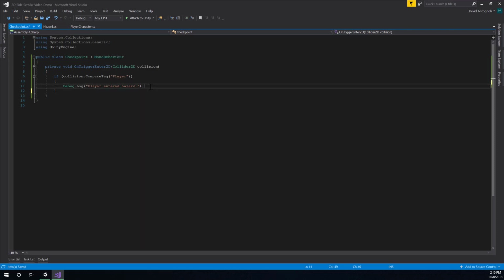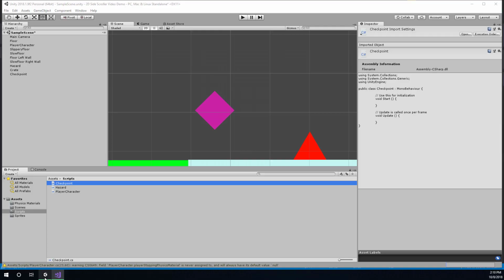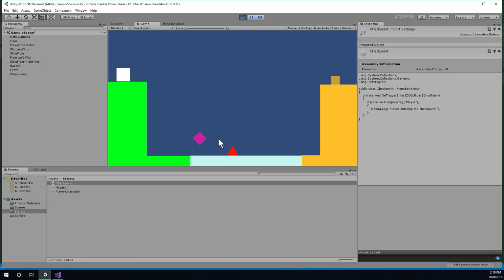I guess before we really do anything, let's change this Debug.Log to say something about the player entering the checkpoint, and just double check that we're correctly detecting when the player enters the checkpoint and printing this message. So I'm going to save my scripts, go back to the Unity editor and play the game, and when I touch that purple thing,